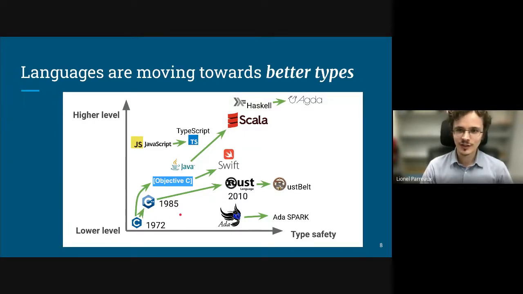But okay, so the general trend, this is just kind of a marketing slide. The general trend is just that programming languages have become more and more typed if you think about it, right? So Python is not in this graph, but even Python got static types recently with type annotations and a type checker. JavaScript got types through TypeScript. Languages like Scala and Kotlin improve the type system of Java. Swift improves the type system of Objective-C, etc., etc., etc. Right? So it's a global trend, and the goal is to continue this trend a bit further